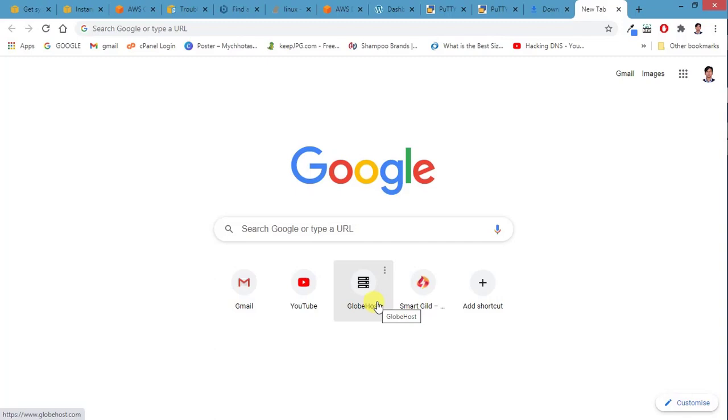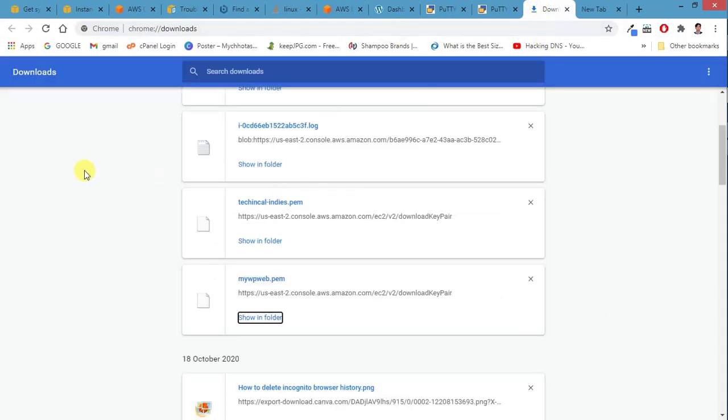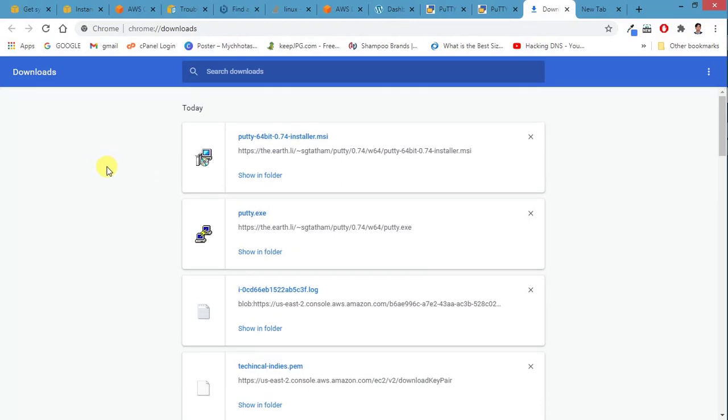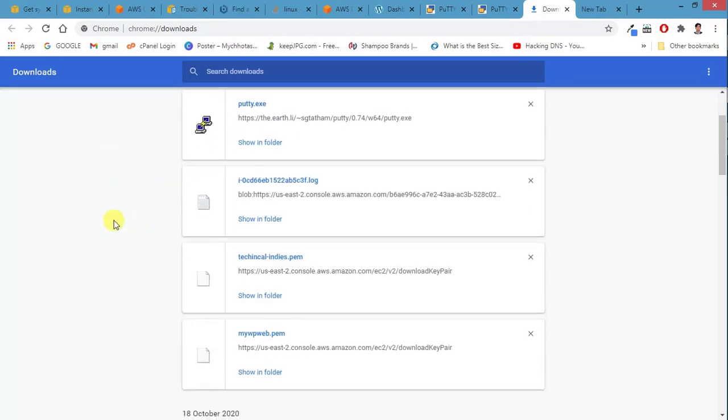To do this, I hope you have FileZilla on your system. That's the FTP software, which is free and good. You have to open it. But before that, you also have to install one more software called Putty. In the next video after this one, I will create one more video on how to install Putty and how to use it. But in this video itself, I am explaining it, because you have to remember what I said in the second video for the WordPress installation.